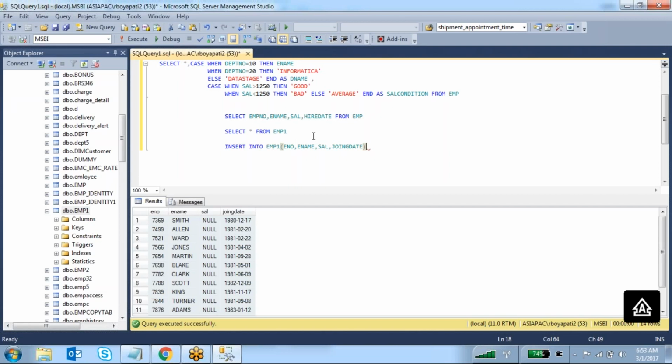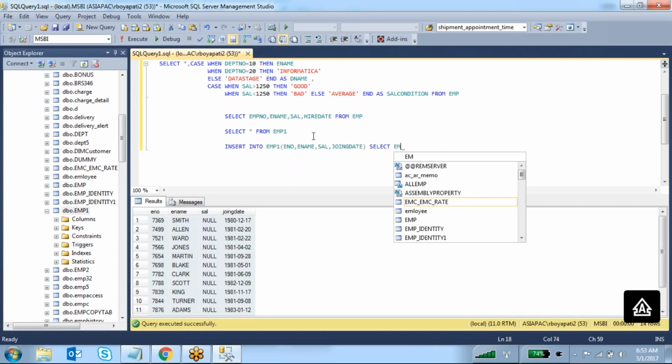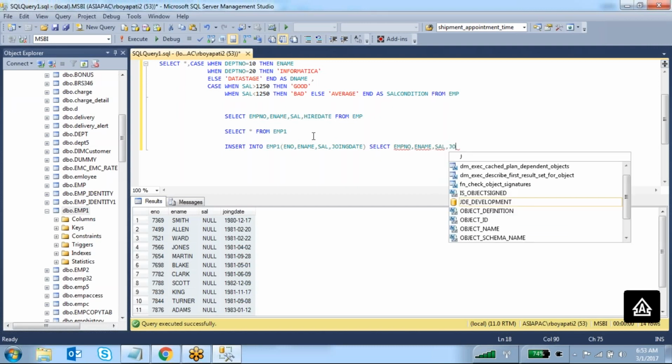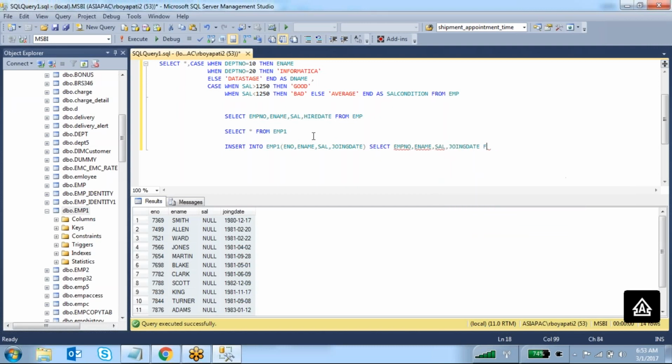Okay, insert into EMP1, employee number, employee name, salary, joining date. From which table do you want to take the data? I want to take the data from the employee table. The list of columns are employee number, employee name, salary, hire date from EMP. Okay, sorry, hire date.